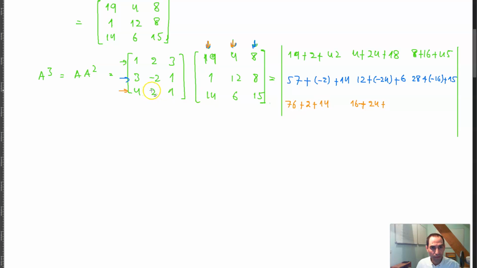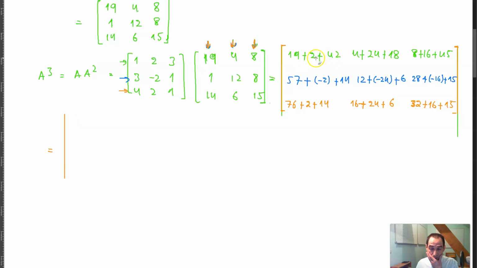And 1 times 6 is equal to 6. Moving to this column, I have 4 times 8 is equal to 32. And 2 times 8 is equal to 16. And 1 times 15 is equal to 15. So then your matrix becomes